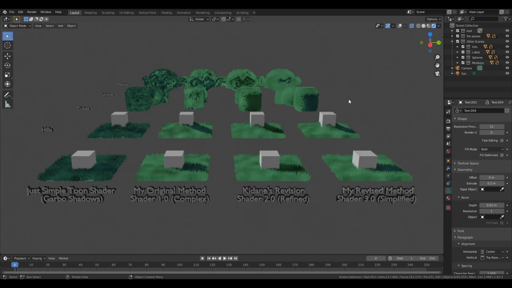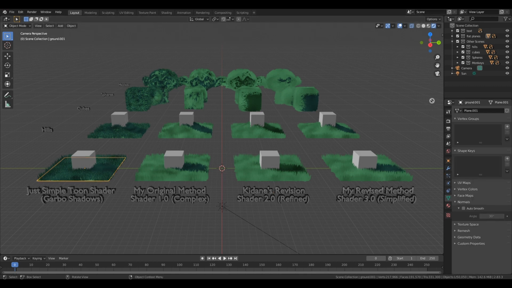Now, I won't be going over everything that I went through in my previous tutorial, as the majority of that tutorial was dedicated to trying to explain how to achieve stylized shadows on grass using my original method, which, as I said, is now pretty much obsolete. However, to give a quick recap of what it is we're actually trying to achieve, we're trying to achieve this stylized grass aesthetic. In the past, if you wanted to get grass to look stylized, you would have to use,